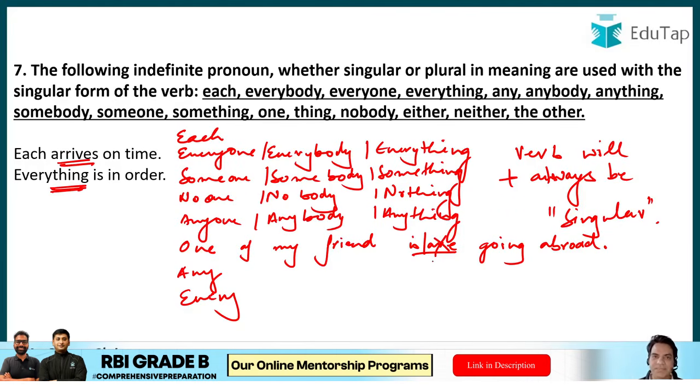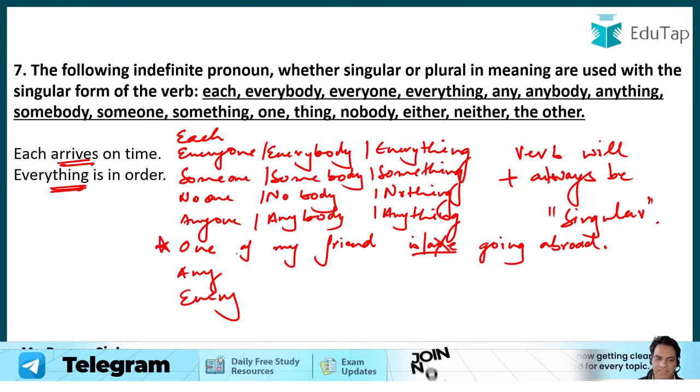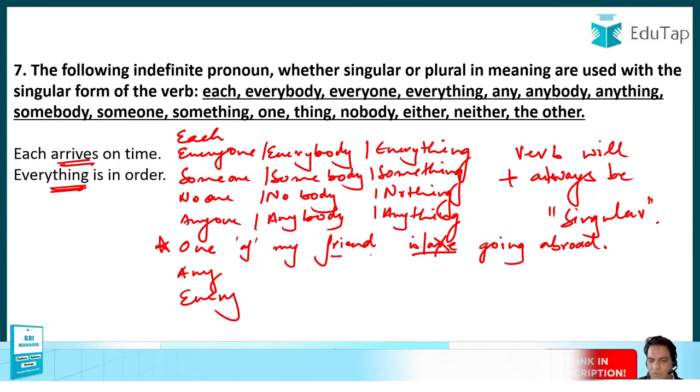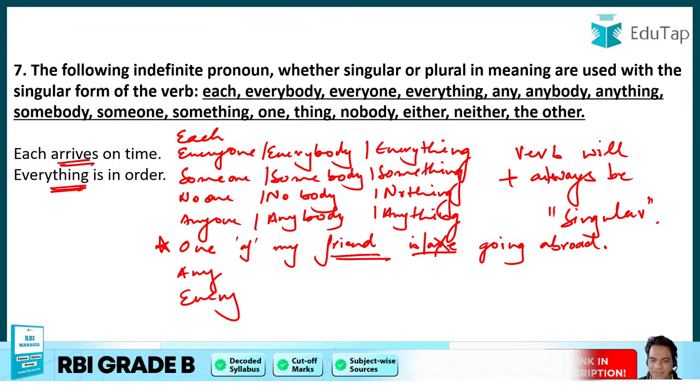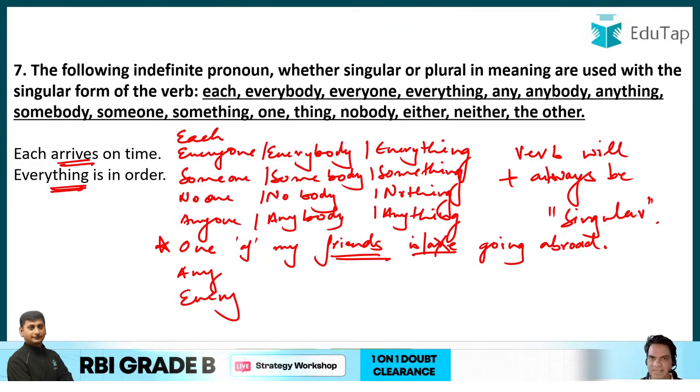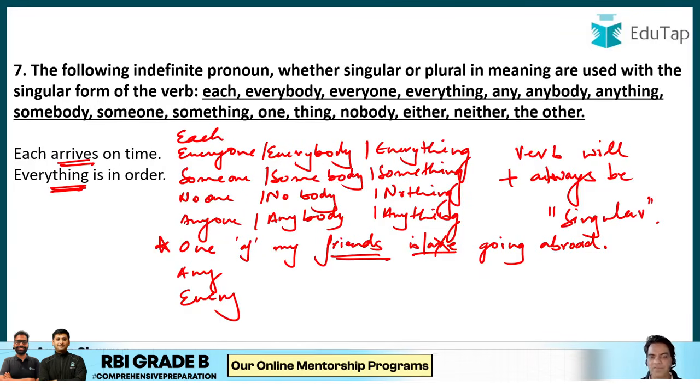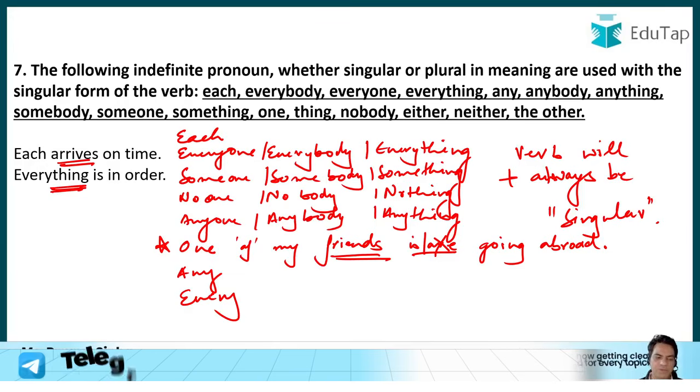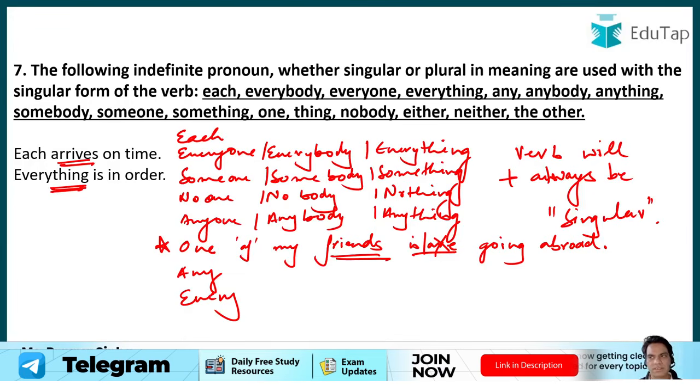But another mistake, please remember this guys, another mistake that we make. Now guys, this is the rule. If these words are followed by of, the following noun, here the noun friend is wrong. It should be friends. And we generally make this mistake in our day-to-day lives. Right? Yes or no? Please answer me in the chat box if you're being honest. Do you make this mistake or not? One of my friend is going abroad. One of my colleague is absent. One of my roommate is not well. One of my roommate or one of my roommates.